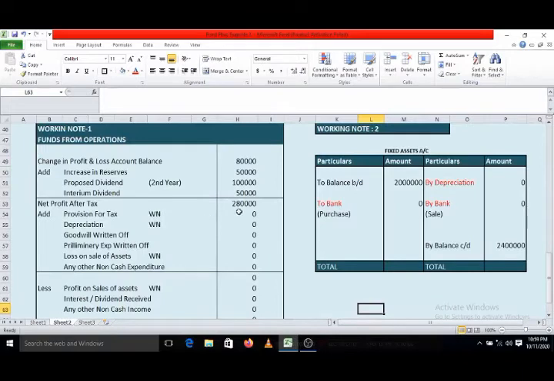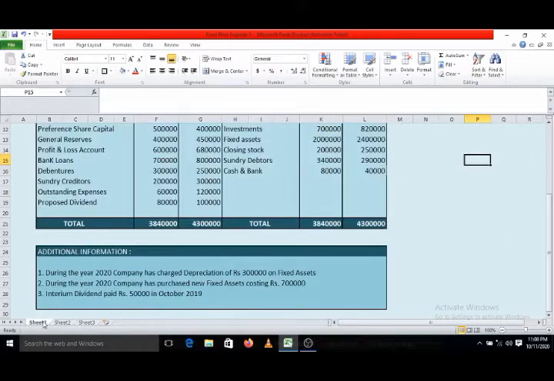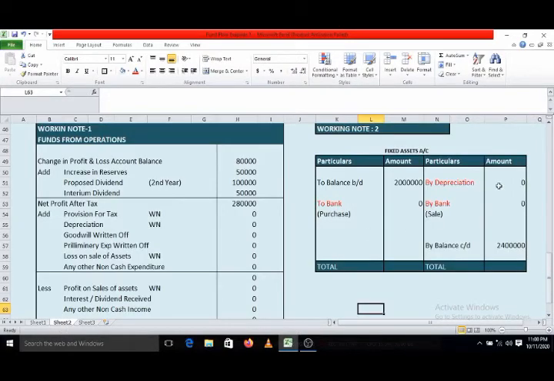So यहाँ पे इसको पेंडिंग रख के now we will go to the working note number 2. यहाँ पे मैंने ऑलरेडी ओपनिंग बैलेंस और क्लोजिंग बैलेंस को रिकॉर्ड करके रखा है. As it is an asset account, real account, debit what comes in, so opening balance will be on debit side, closing balance will be on credit side. So opening balance 20 lakhs, closing balance 24 lakhs. Now what else we require? Now we require first the depreciation. During the year, company has charged depreciation of rupees 3 lakhs. Where the depreciation will appear? That is a credit side. So here I will record depreciation of rupees 3 lakhs.